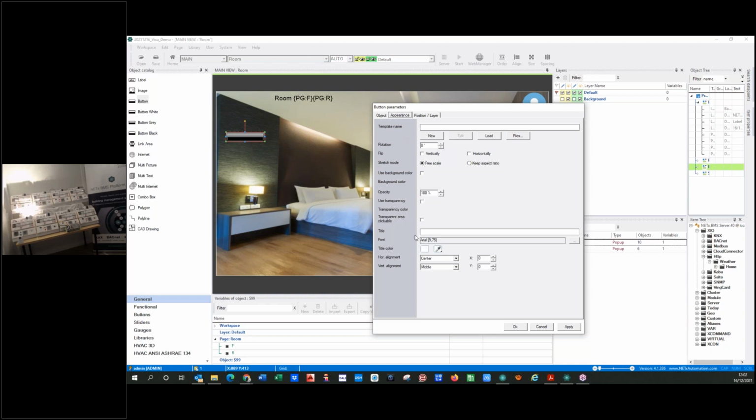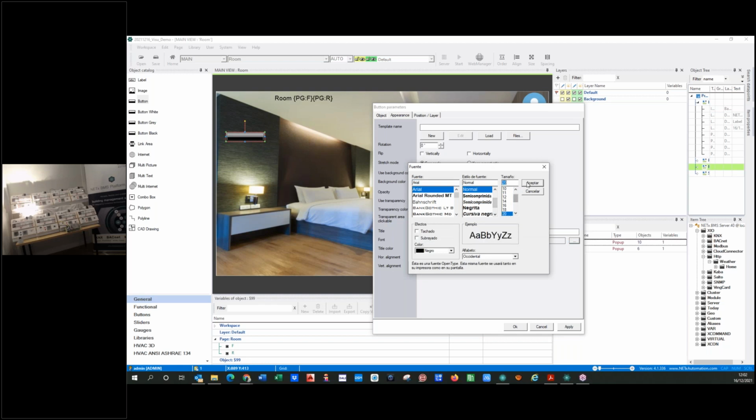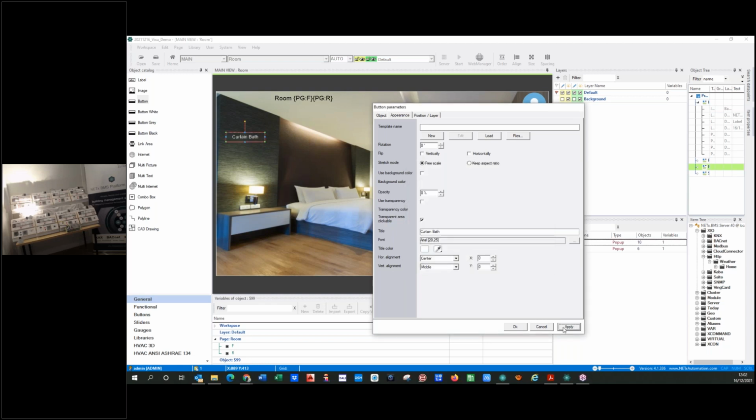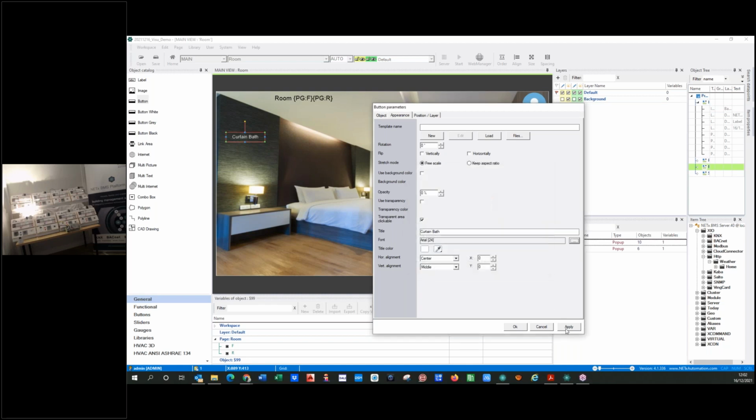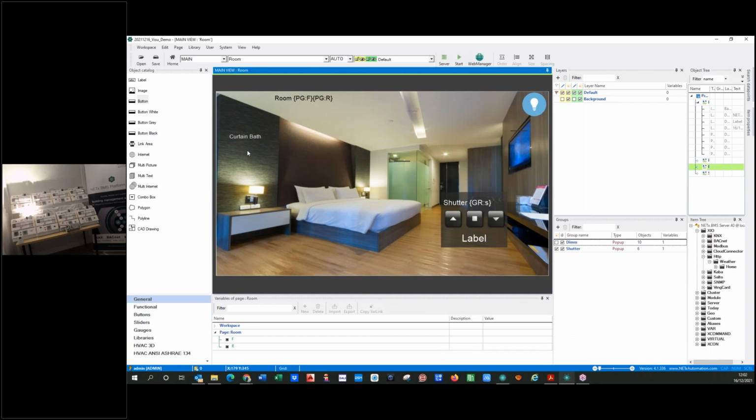And the appearance will be 0 opacity. Okay. Transparent area clickable, and put here a name. Curtain bath with a specific size that I have to choose properly. Yes, this is, for example, 20 or even a bit more, 24. And this is a pop-up for the curtain bath here. And if I copy paste, I get